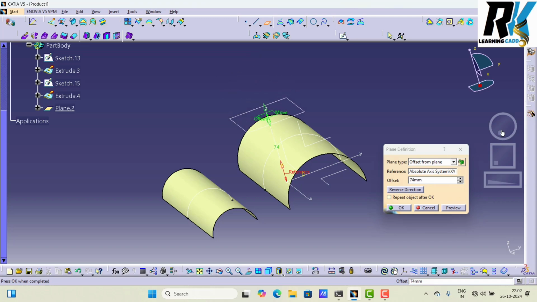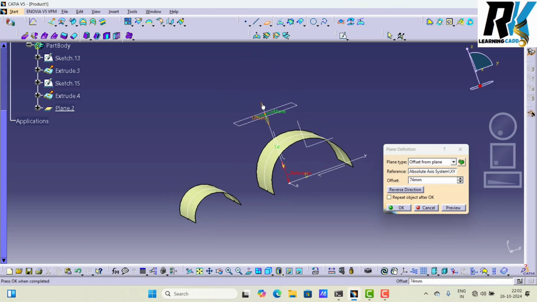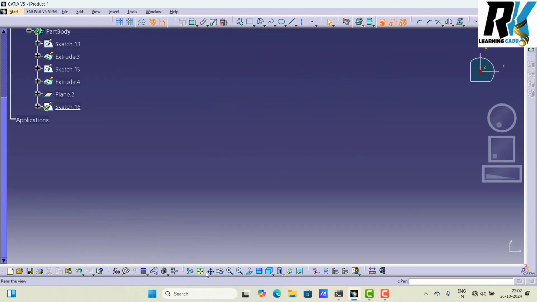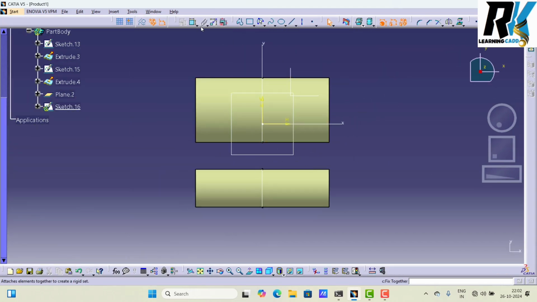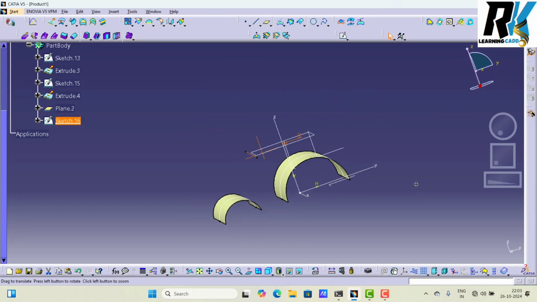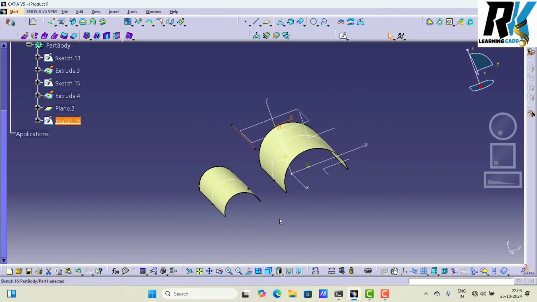So here you draw one line, okay, as a spine. So this one plane selected, and make here one sketch. Come click here, and I made here one line. Okay, so this is finished. Three things. We have three things: two surface and one curve.